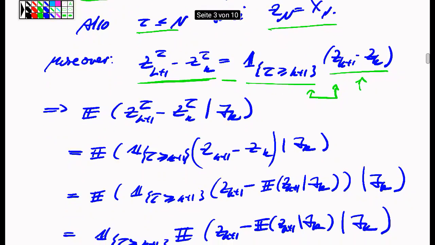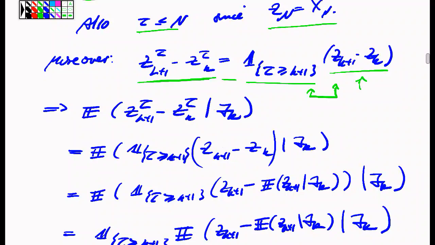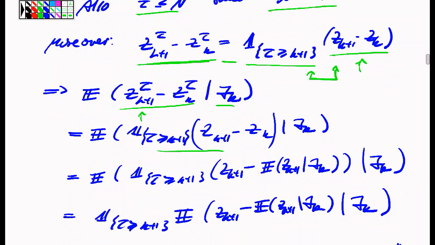Okay. Now we want to prove that the stopped process is a martingale with respect to the F filtration. So what we need to consider is, for instance, this conditional increment, given the sigma field Fk, when we consider this stopped process and its increment in the time step from k to k plus 1. Now, if we insert this formula that we had just discussed regarding the indicator on whether or not the stopping has kicked in,